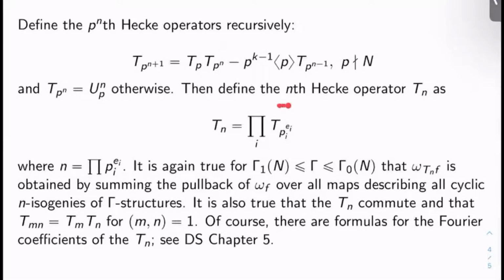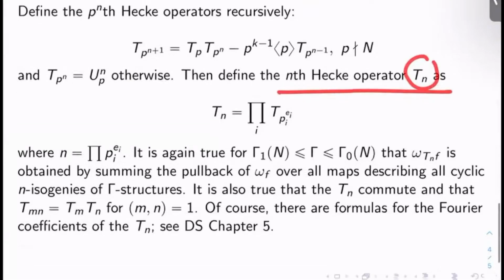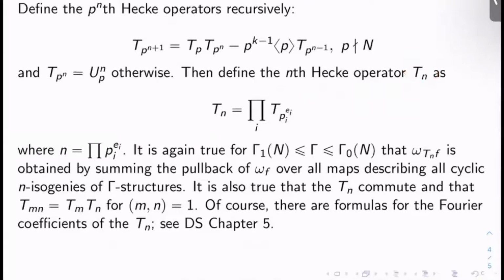So then how do you define the nth Hecke operator T sub n in general? What you do is you factor n into its prime decomposition using the fundamental theorem of arithmetic, and you just let T sub n be the product over i of the Hecke operators T sub p_i to the e_i-th power, where n is the product of p_i to the e_i. So these primes here and these powers describe the decomposition of n into prime powers. Okay,